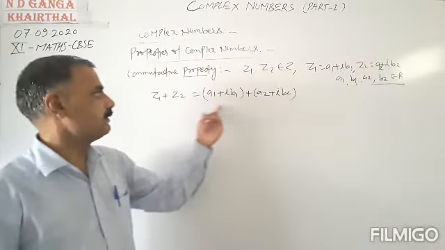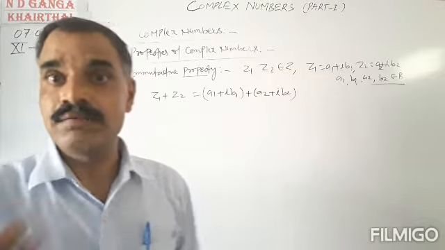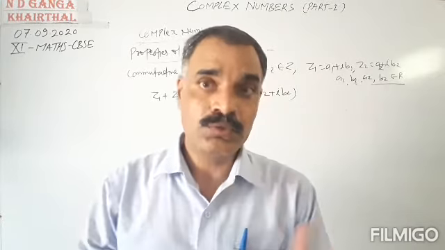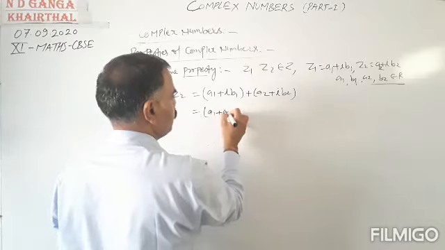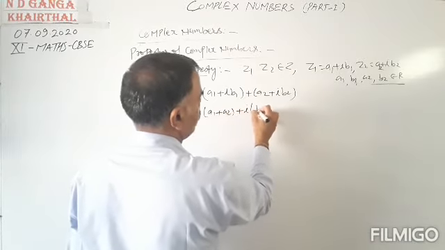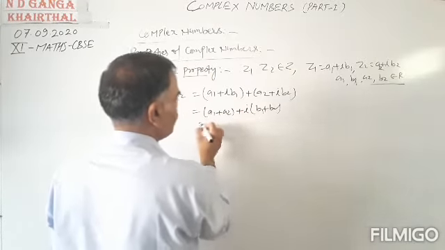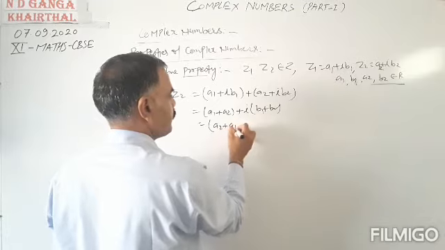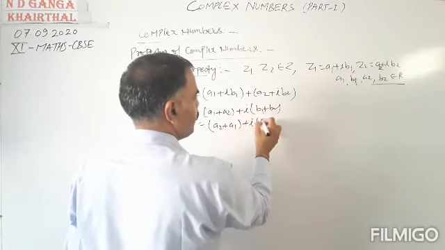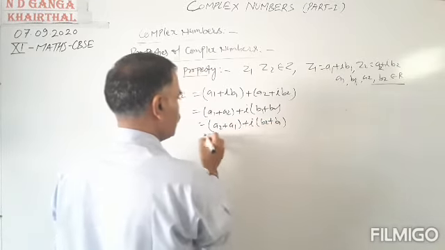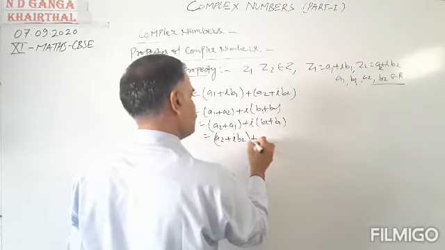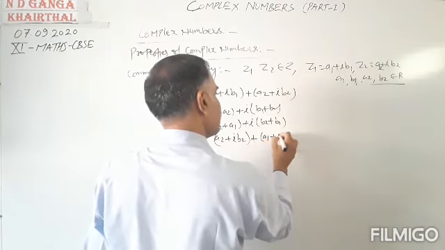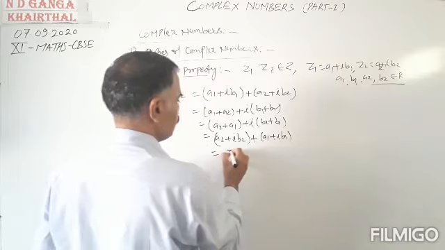Now Z1 plus Z2 is equal to A1 plus iota B1 plus A2 plus iota B2, and this can be written as A1 plus A2 plus iota B1 plus B2, which is equal to A2 plus A1 plus iota B2 plus B1, equal to A2 plus iota B2 plus A1 plus iota B1, that is equal to